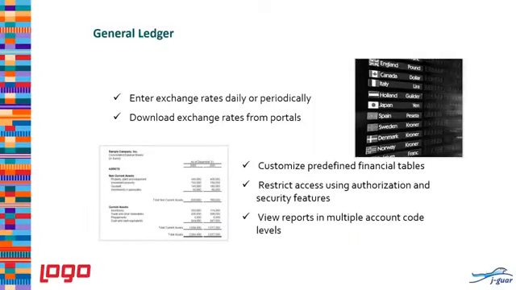We come to general ledger. General ledger is the heart of the system itself. So all the data coming from all the modules around are collected in one place. Very important to be able to have the exchange rates of multi-companies managed in GL properly. You can connect to different portals and you can download daily exchange rates inside the system tables. The system tables are keeping every transaction and every currency information and exchange rate on daily